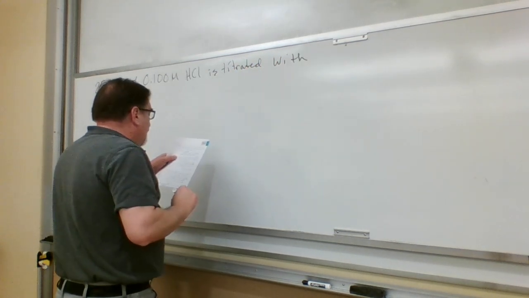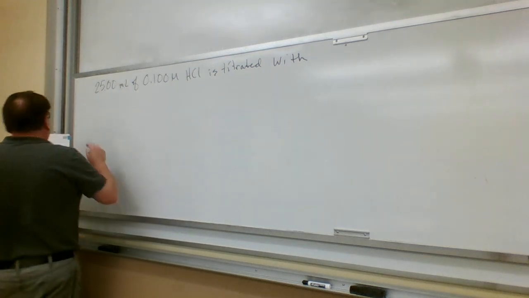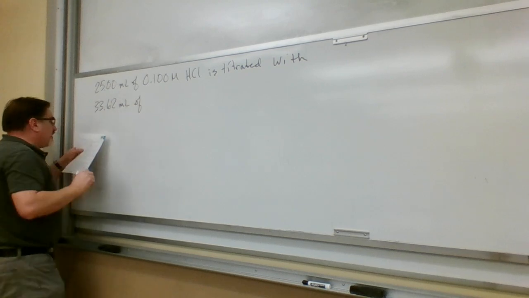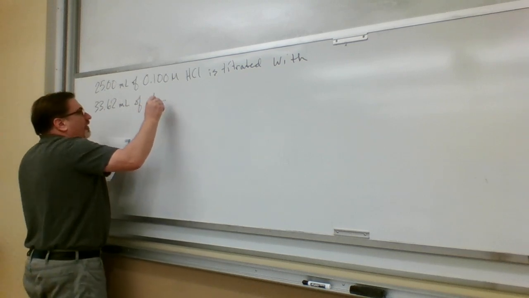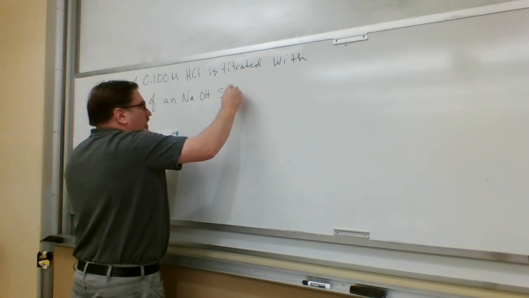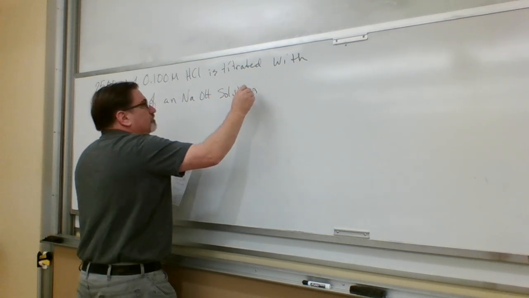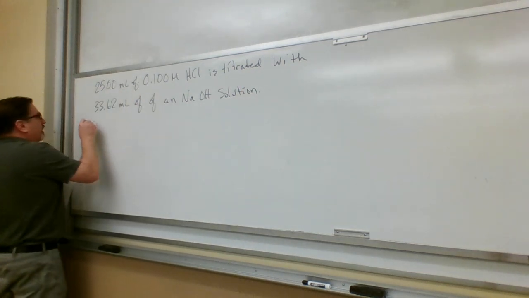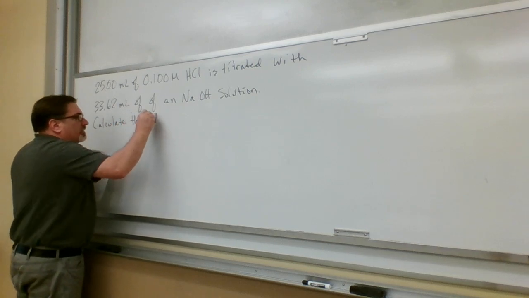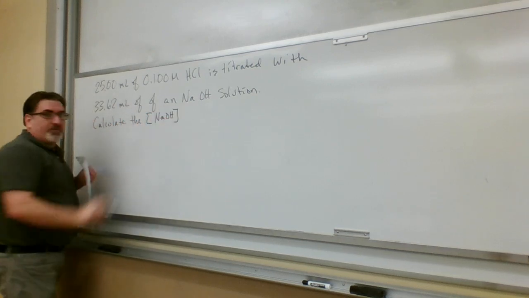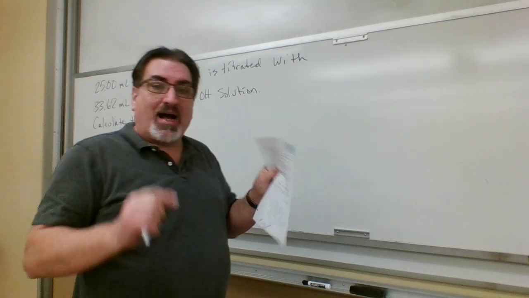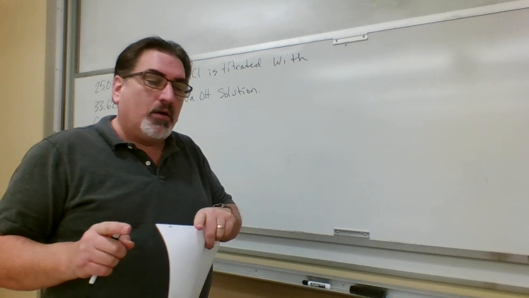That gets titrated with 33.62 milliliters of an NaOH solution. And our job is to calculate the concentration of the NaOH. So typically a titration problem asks you the concentrations in one of the participants or how many